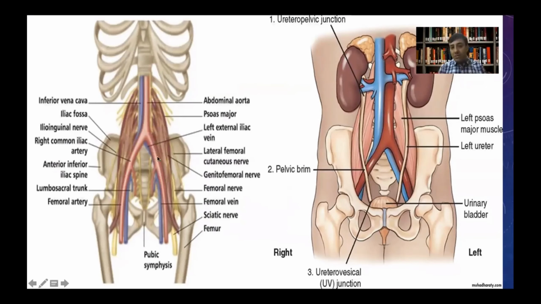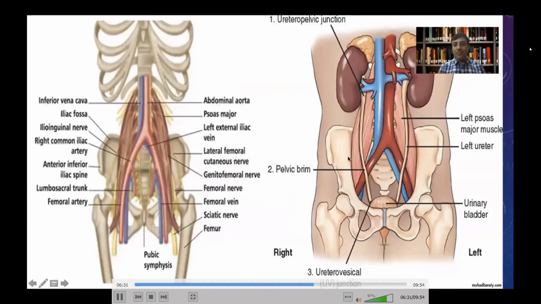But as you move below, the gap between the iliac vessels and the psoas muscle is significantly reduced, and this is another reason why operating at L5S1 level using the OLIF approach is slightly more tricky, because of the reduced space between the vessel and the psoas muscle. Apart from that, another reason why people usually avoid L5S1 OLIF is the presence of the iliac crest. However, people are doing a transiliac approach to L5S1 level for OLIF. That can be done, but there are other approaches which can be seen.